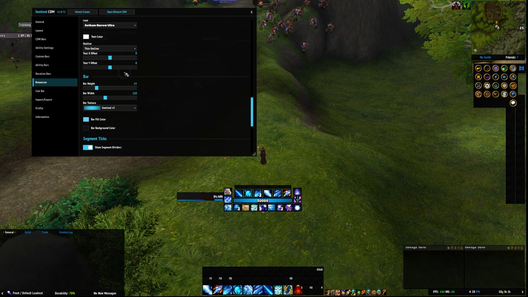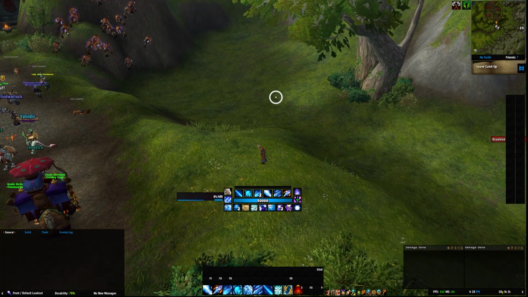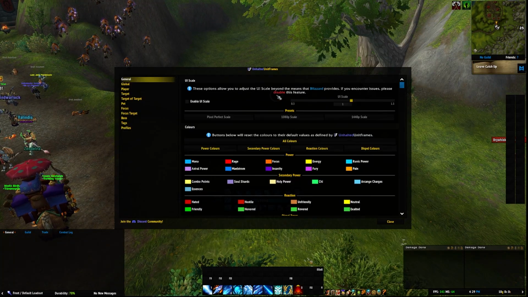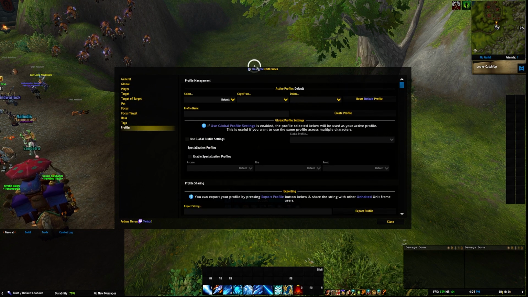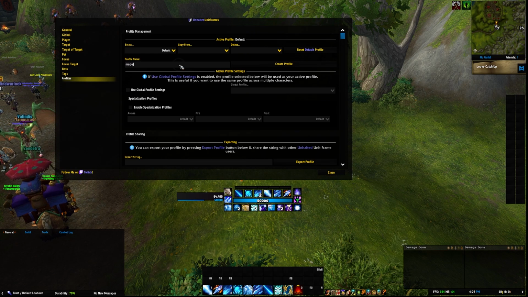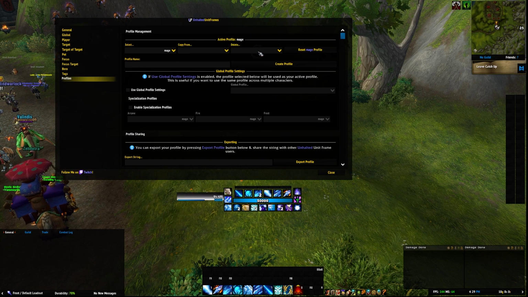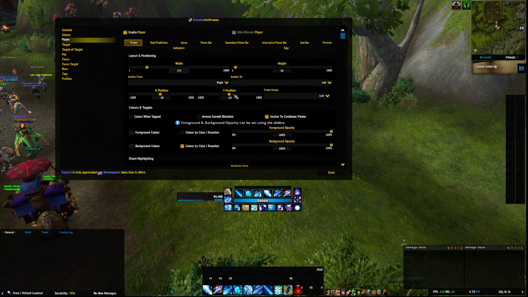And maybe I don't want the height so high, so I increase it a little bit. Then I use unhalted unit frames. So let's create a profile for this character, which is a throwaway character, but we'll just call it Mage. Create profile, copy from my default profile. And if I go to player and I click anchor to cooldown viewer,